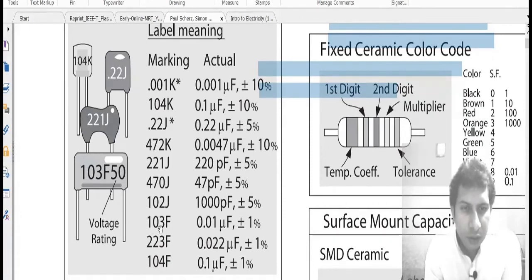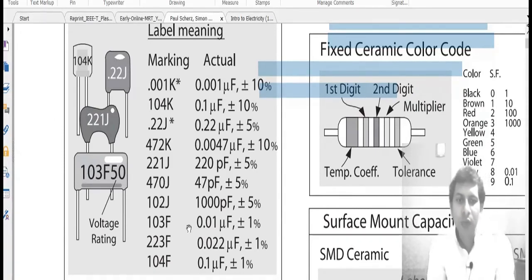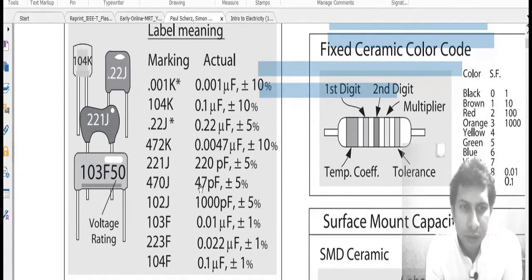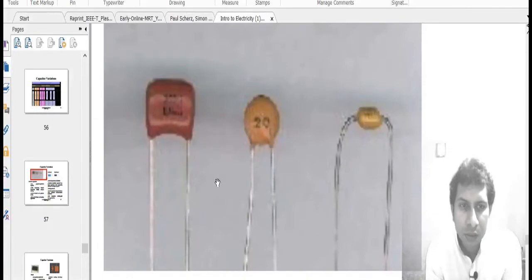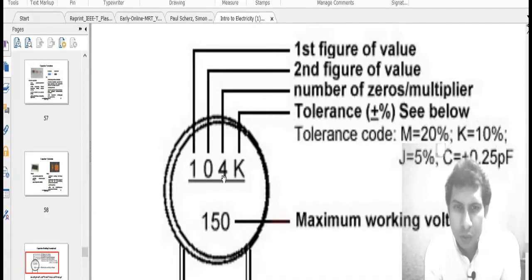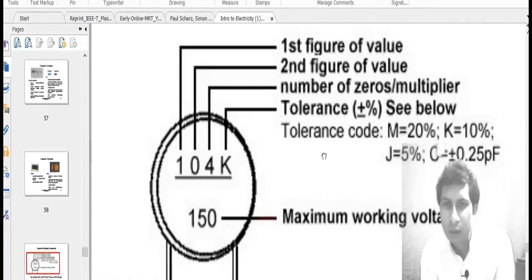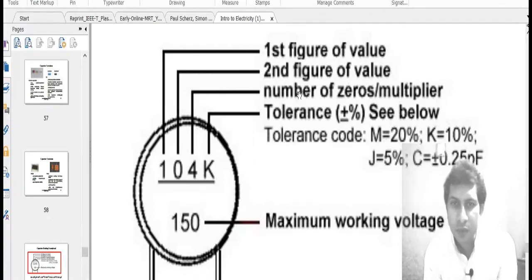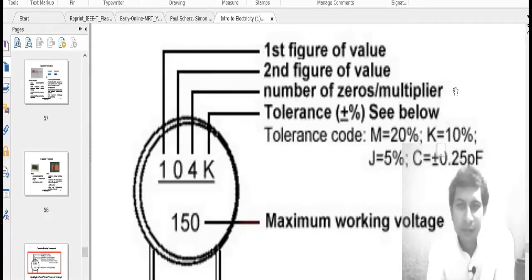103F. How can we read it? We can use this form also. 104, for example. So first digit is the first value, second one is the second value, and this one is the number of zeros, the multiplier. Okay, and then